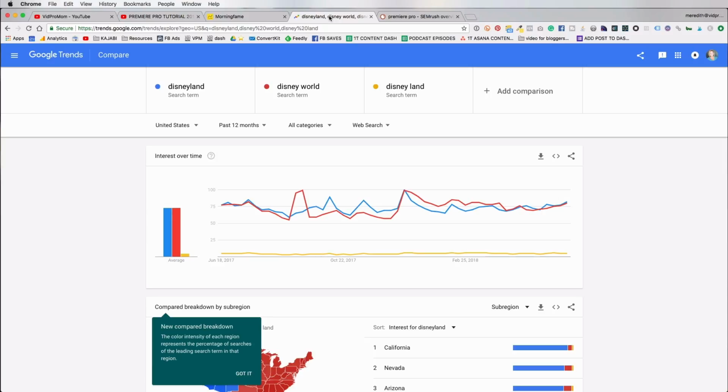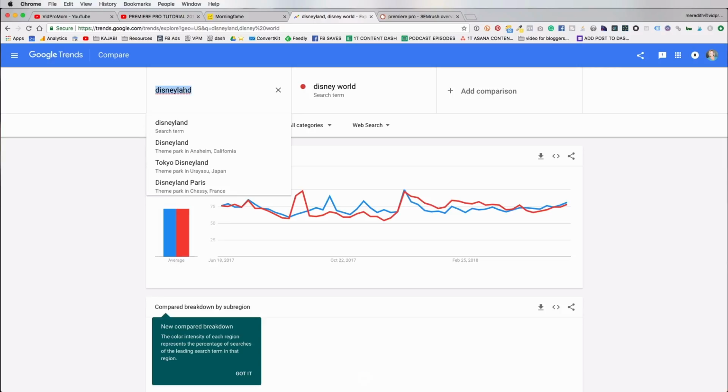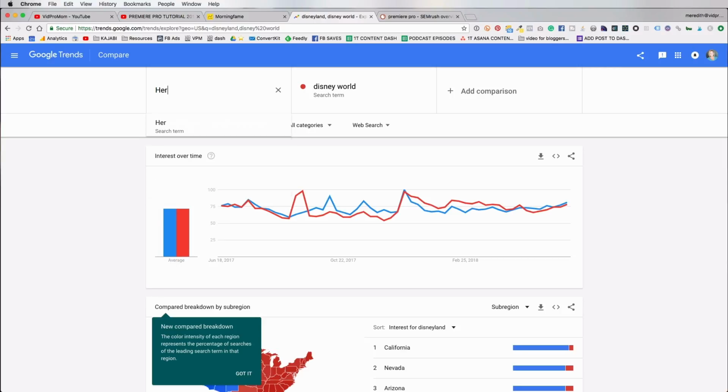Here's an example that I like to use: Disneyland versus Disney World versus Disney Space Land. I like to come here to make sure that I'm using the exact right terms for things, the terms that people are actually using when they're searching, right? So not necessarily the correct brand name term. Another example that I like to use with this is, since I do a lot of